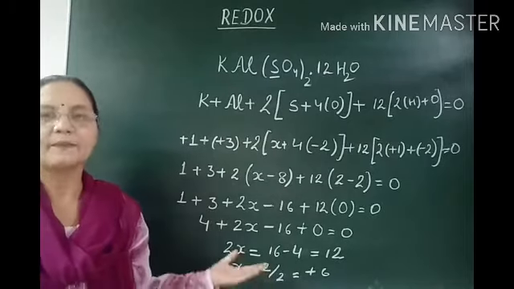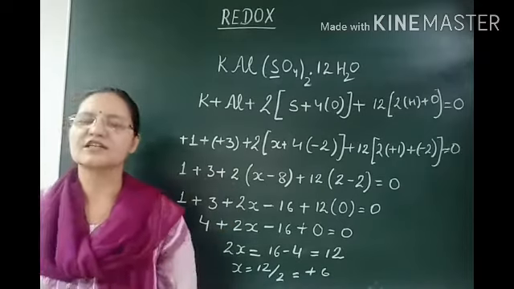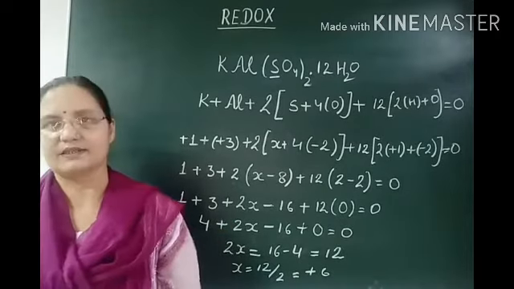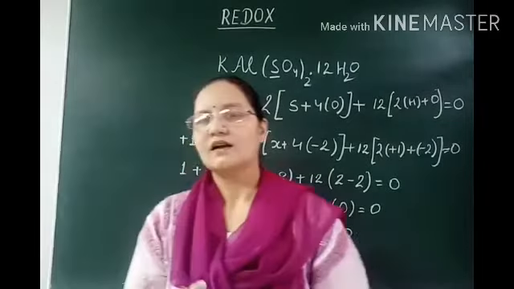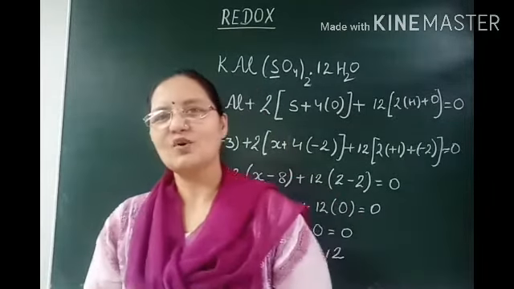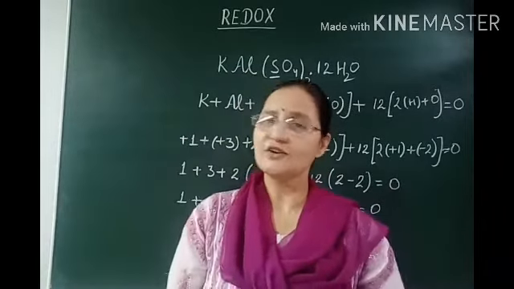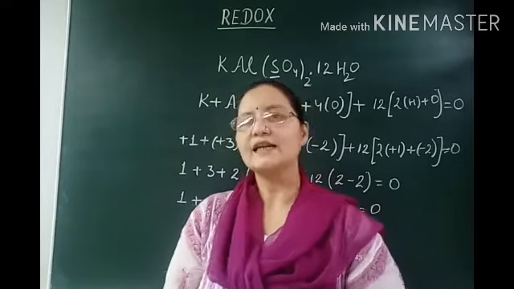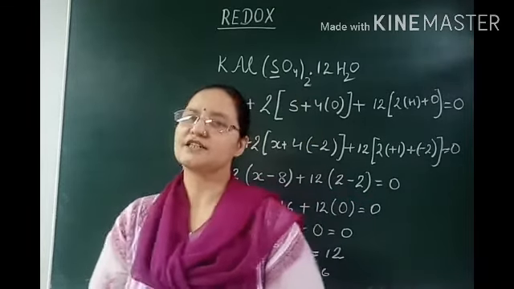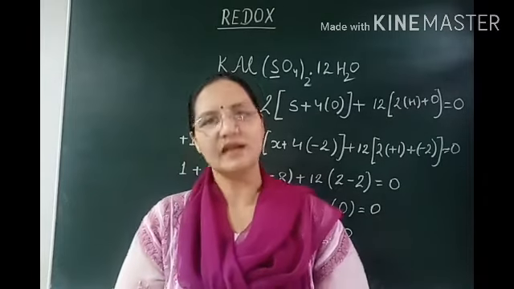Process is lengthy, but it's very simple. Only you have to put the oxidation number of known elements. Now the question arises, how we come to know about oxidation number of these elements which are not given in the question? We can learn these oxidation states by knowing their minimum and maximum range.